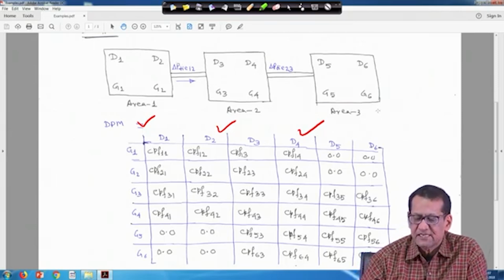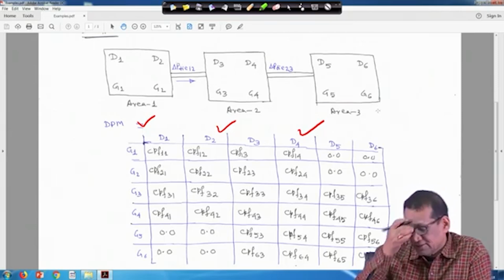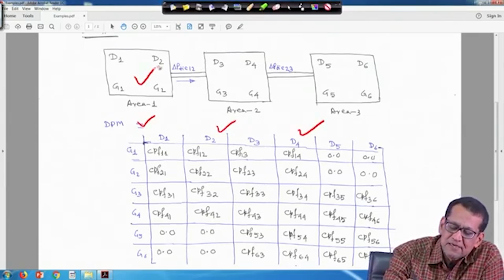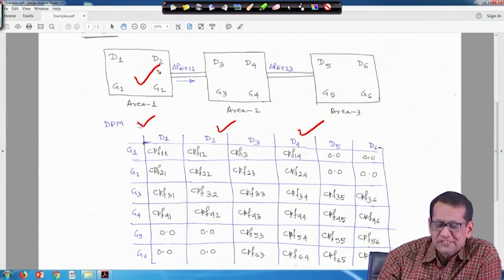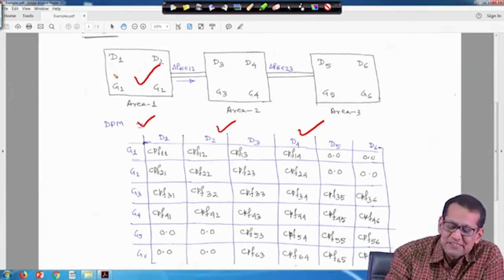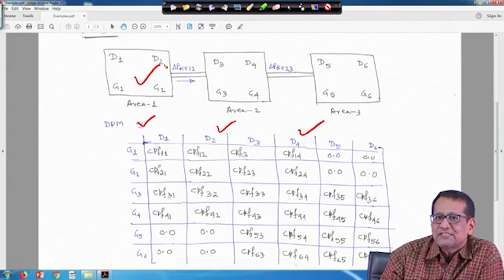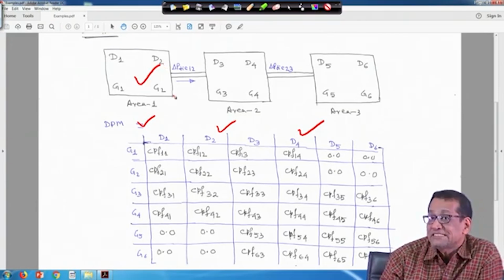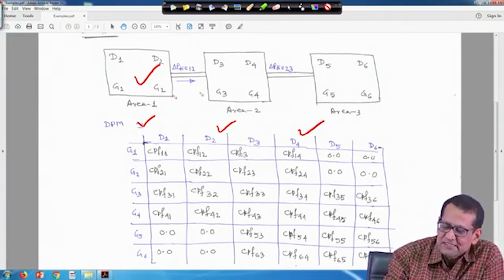So, we have taken your 3 areas. In area 1 you have 2 GENCOs and 2 DISCOs. To accommodate space, D1, D2 is actually DISCO 1 and DISCO 2, the distribution companies. I have made it short, and the GENCOs I have made G1 and G2. So DISCO means D, GENCO means G, right. And this is 1, 2, 3, and here also